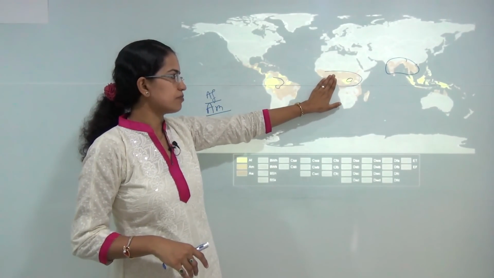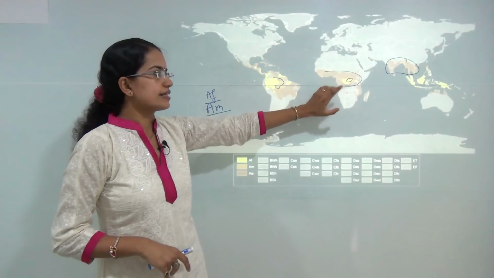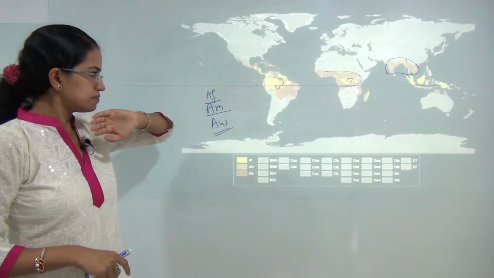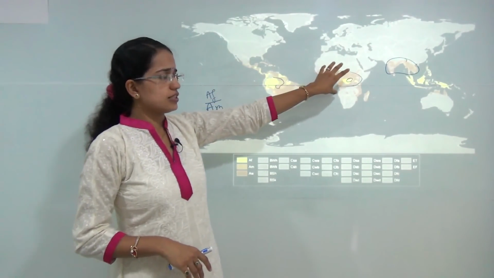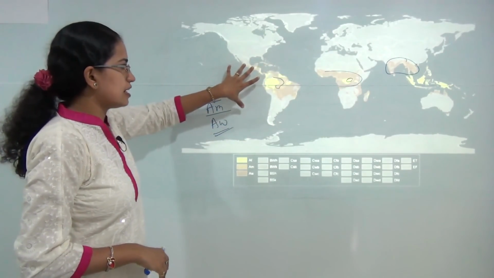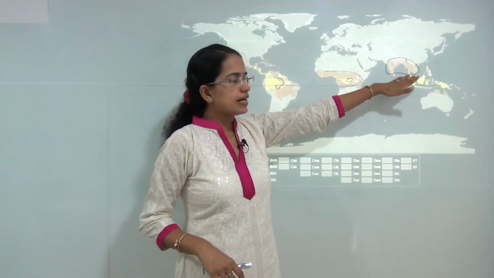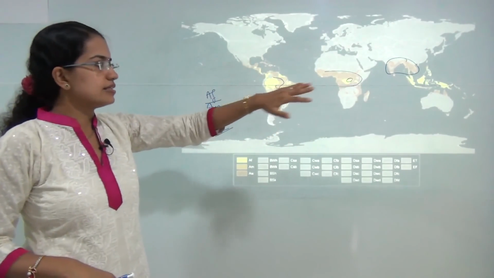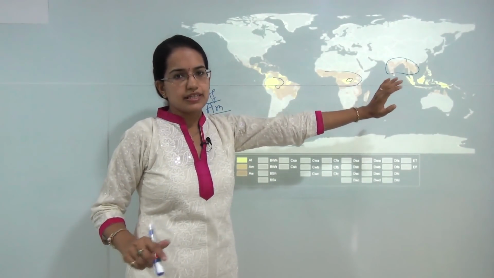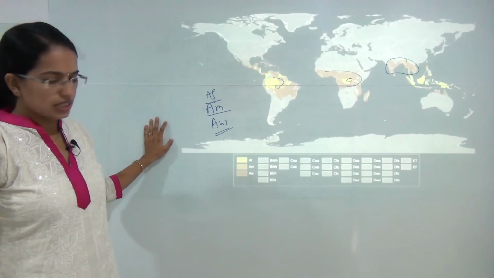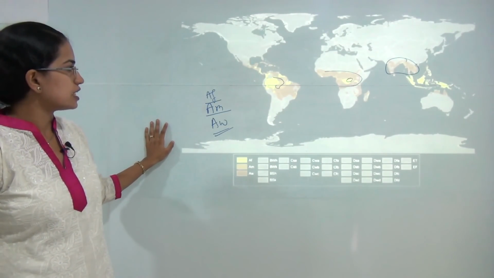We will understand the wind patterns. We will see why trade winds are seen in the equatorial belt. So this is a region of trade winds commonly seen along the North South America, Middle Africa, parts of Southeast Asia and the Indonesian and the Melanesian island groups here. So these are the three major classifications under A.